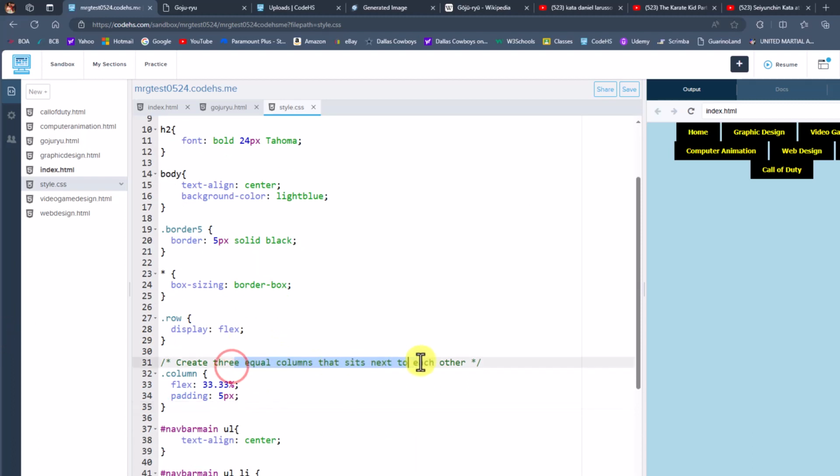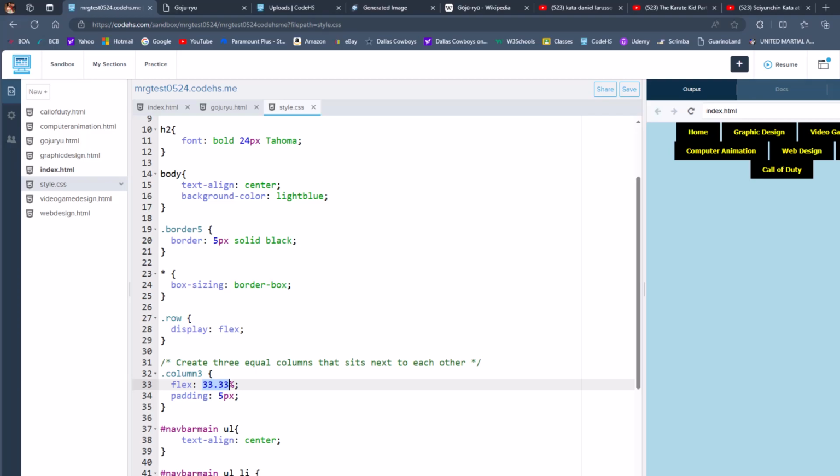Now, this is set up for 3 columns. Maybe there might be another time where on another page I only want 2 columns, or I want 4 columns. So rather than just call this column, I'm going to call it column 3. Just a little foresight in case I want to do another one. I'll just copy paste this, make it column 4, but then I got to change my percent to 25%, so that each picture takes up 25% of the